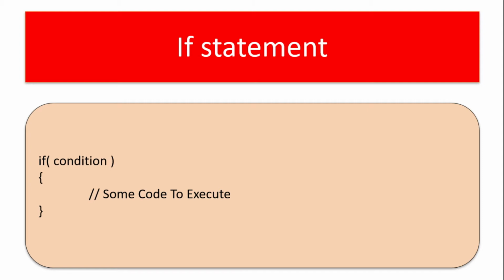The if statement is nothing but a condition we can give. It will check whether the condition is true, and only if the condition is true, the code inside this block will be executed. In case the condition is false, the control will not enter these braces. Instead it will jump outside the brace. So only if a condition is true, this code will be executed. In case the condition is false, this will not be executed. So we'll have an example now.